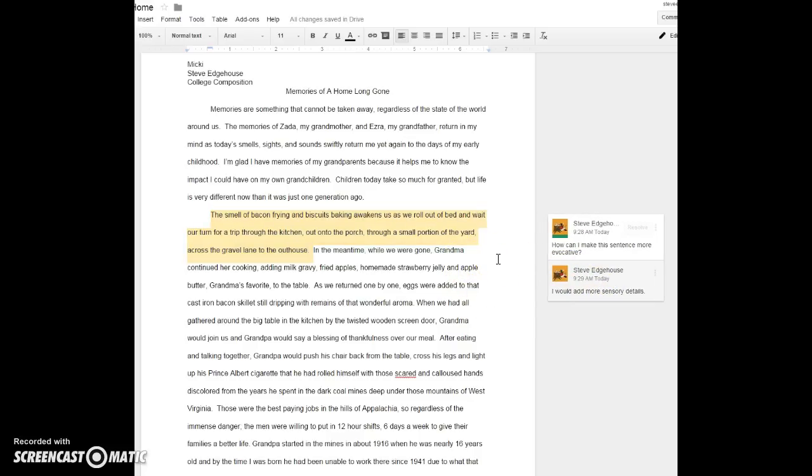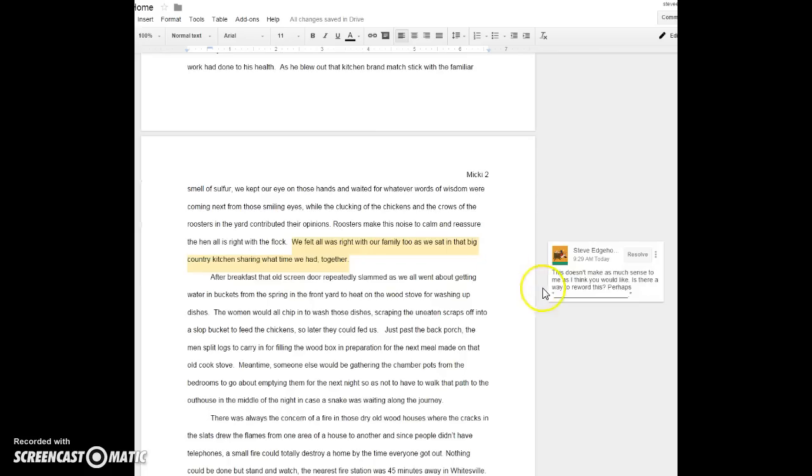So anyway, I'm trying to initiate a conversation for you and your peer reviewer to have about your essay. And in the process, I'm very sneakily helping to give you a working vocabulary of the challenges involved in writing clearly and following an assignment according to its expectations. And that's how this assignment is designed. You can also comment on things that you feel need commenting on. This doesn't make as much sense to me as I think you would like. Is there a better way to reword this? Perhaps, and then make a suggestion. Suggestions are always welcome. I'm going to take a drink.